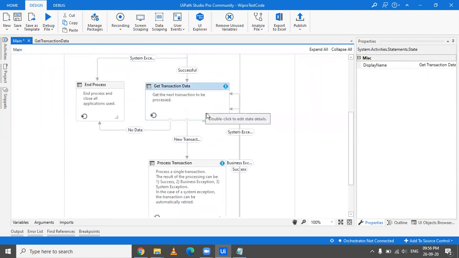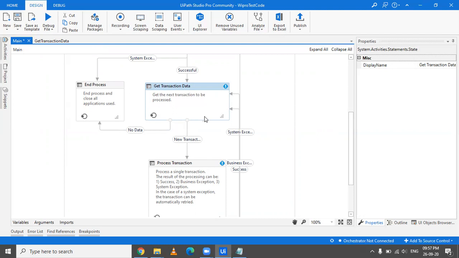So these are the two default transitions. Sometimes you would even be asked whether there could be any other transition from get transaction data, or only these two are present. You can say that by default only two are present, but that's definitely not a hard and fast rule. According to the need of the process and the automation we're doing, we can make more states and more transitions also. So these are the questions which you would basically get.